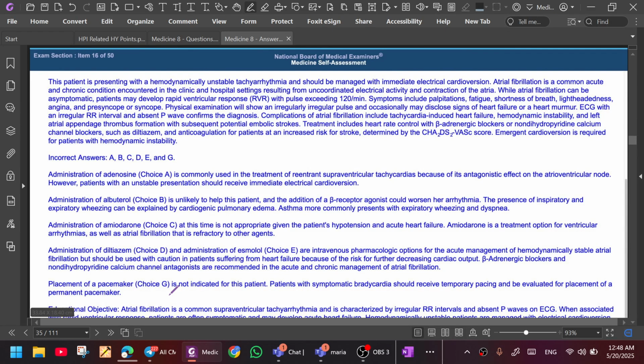Treatment includes heart rate control with beta blockers and non-dihydropyridine calcium channel blockers such as diltiazem, and anticoagulation for patients with an increased risk of stroke, determined by the CHADS score. Okay. Cardioversion is required for patients with hemodynamic instability. It is not